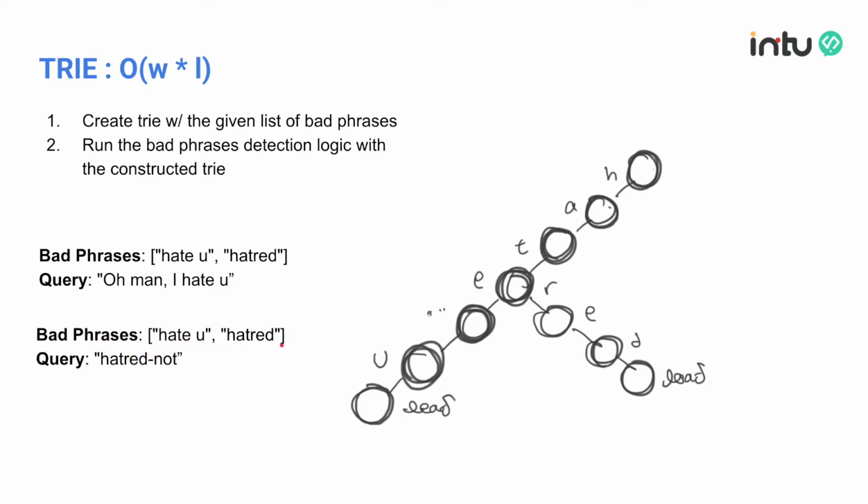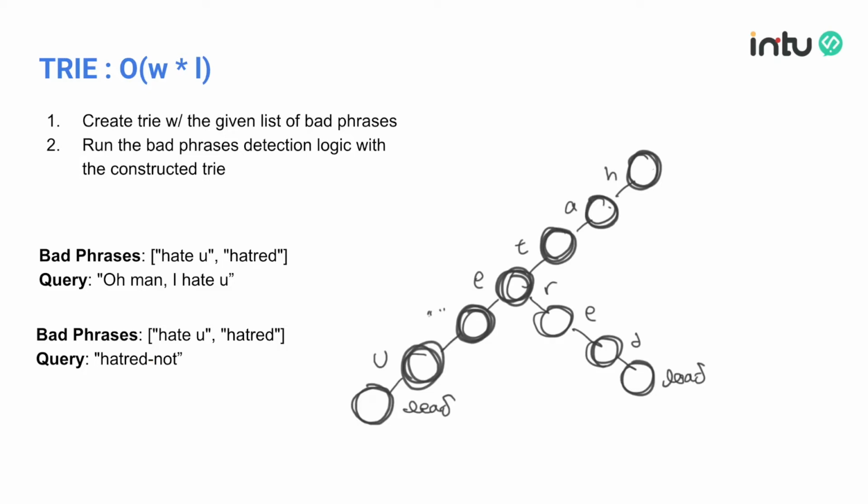And similarly, let's look at the second example. The trie is the same, but the query is different, hatred not. When we start from index 0, it's going to go H, A, T, R, E, D, right? And it's a leaf node. But here, we need to do additional checking that it's right here, but the next character is either a space or comma or a dot, not a hyphen